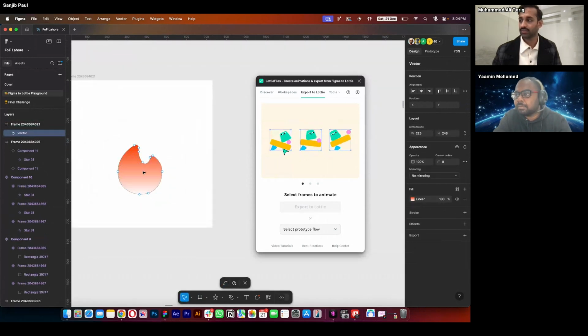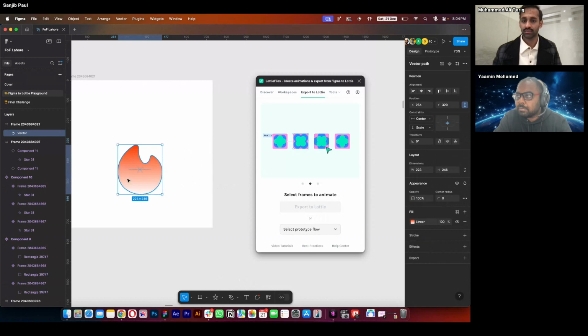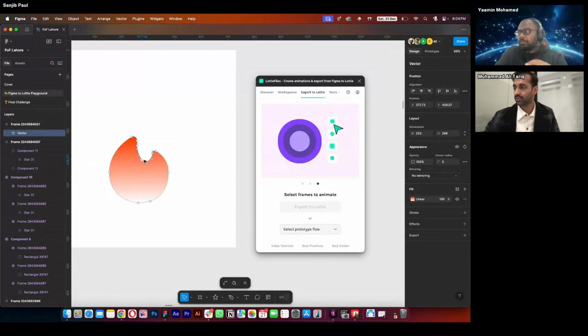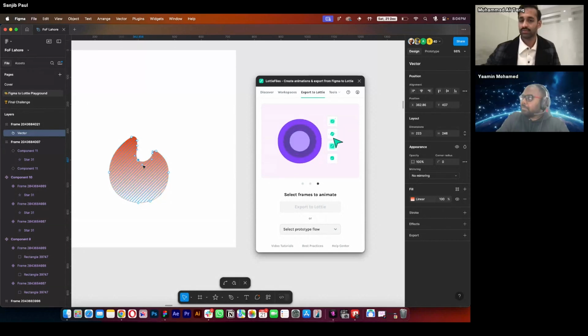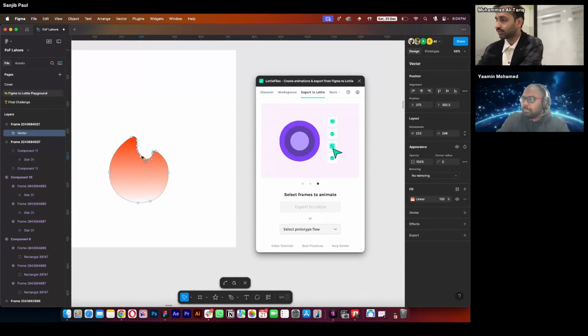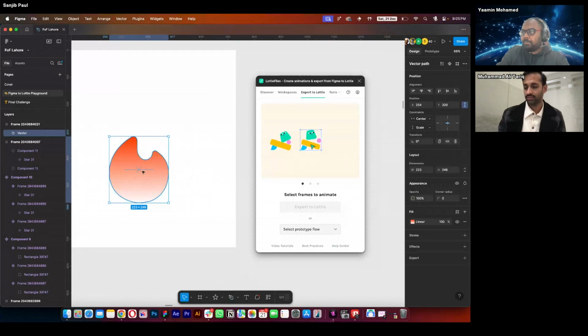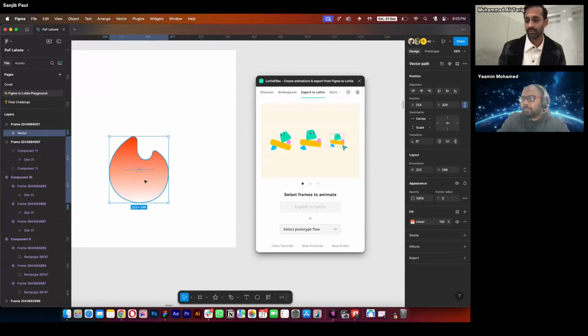You need to make sure that you have this number of path points in all your frames. You can click here, modify these Bezier handles, and modify your shape. But please make sure you don't add another point somewhere in the middle of your flow, it can break